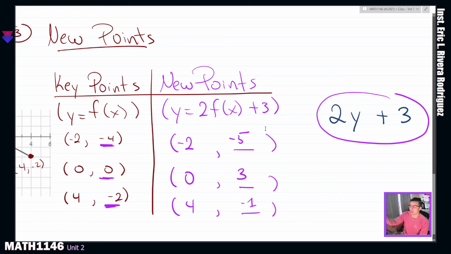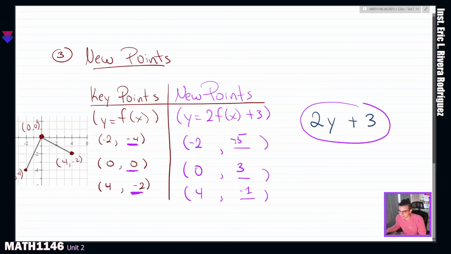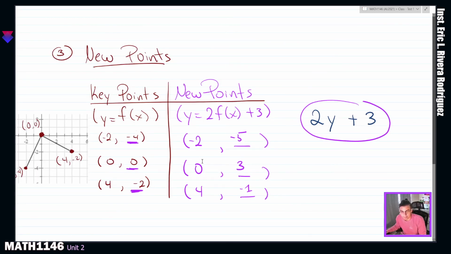So -4 times 2 is -8, plus 3, -5. 0, cancel the first term, so 3. -2 times 2, -4, plus 3 is -1. That's correct. Those are the new points. Okay. What we need to do now